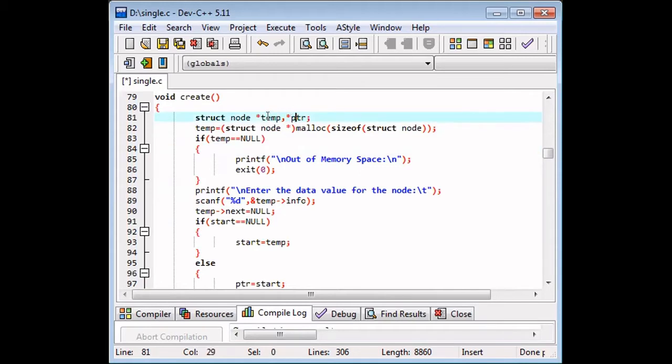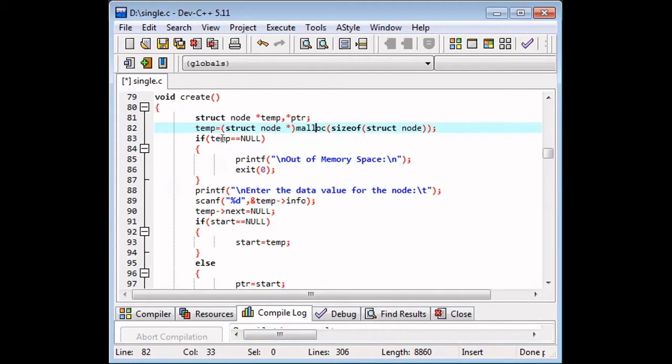So we are creating a node temp and node pointer, and in temp we are allocating a size for the structure. So you need to give the malloc function. Just now we saw the purpose of malloc is memory allocation, and this is the syntax. Struct node. So for this struct node, you need to allocate a size. Temp equals struct node malloc sizeof struct node. So these functions you will write like that.